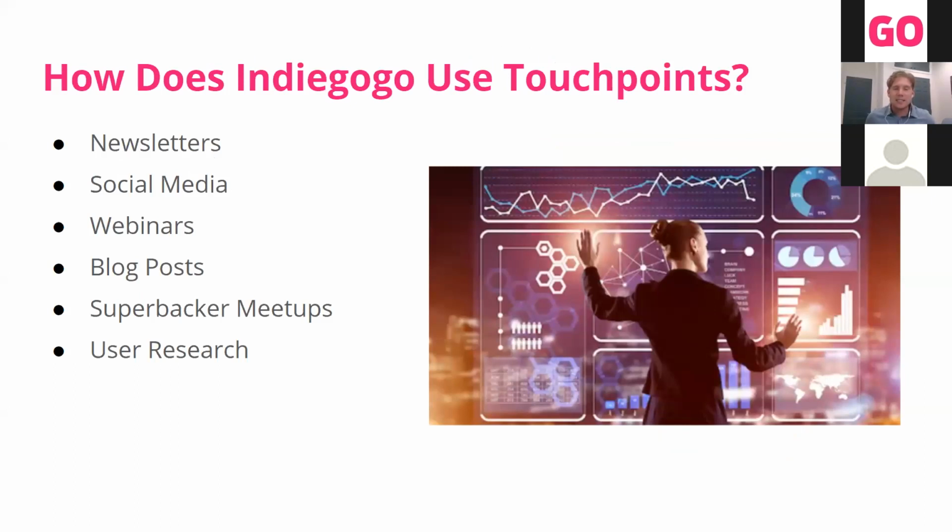And Aditi, this is a slide which I wanted to bring you on and just talk about how Indiegogo uses multiple touch points for some of their communities. Yeah, so we also, like every other company out there, have lots of touch points. It's not quite so futuristic looking as this image. Whenever we do them, it's just as simple as everything we've been talking about. One of the main ways that we talk to our audience and get in touch with them is through newsletters. And I think that's how a lot of you probably found out about this webinar.